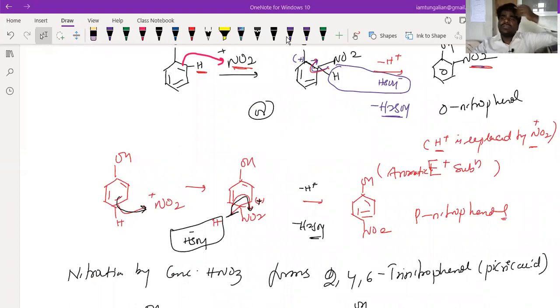The reagent is one which will react with the substrate, beta, whereas the catalyst will only speed up. Reagent will undergo chemical change during the reaction, whereas the catalyst will not undergo any chemical change during the reaction. That is the difference between the reagent and catalyst, beta. The composition of the reagent will be changed at the end of the reaction, whereas there will be no change in the composition of the catalyst. There will be no overall change in the composition of catalyst, beta. That is the difference between a reagent and catalyst, beta. Is that clear, Preeti?